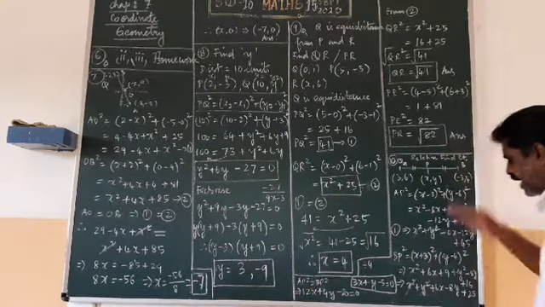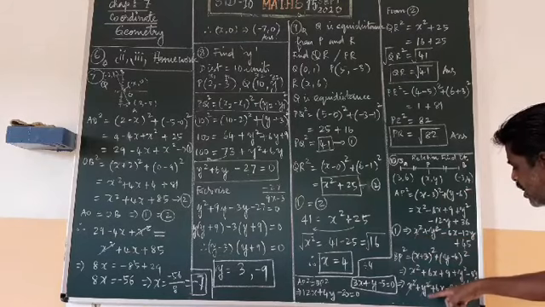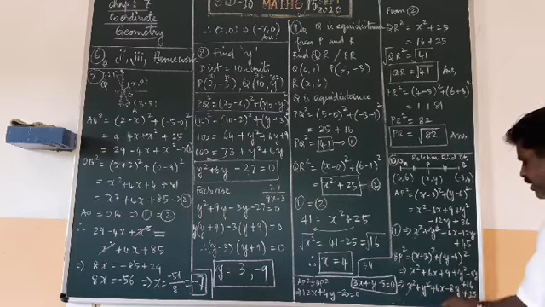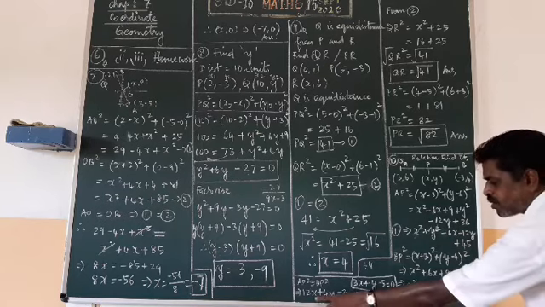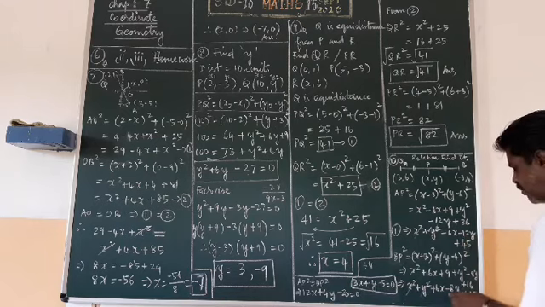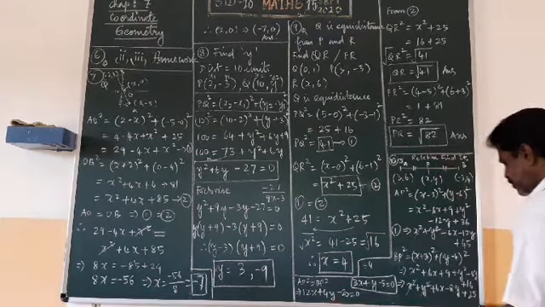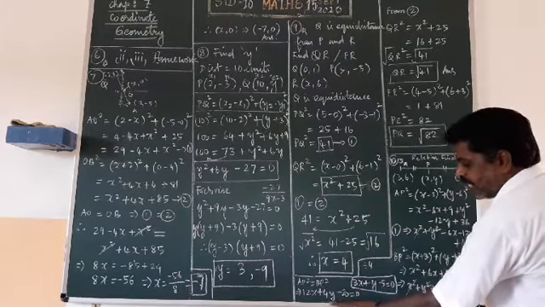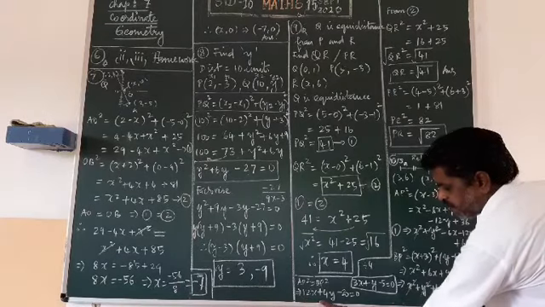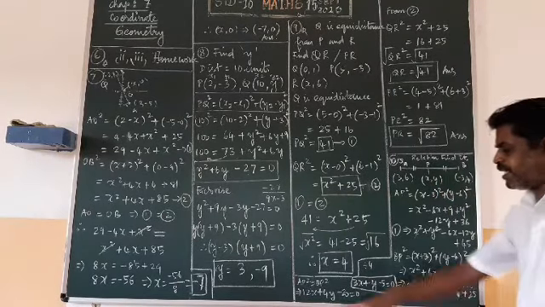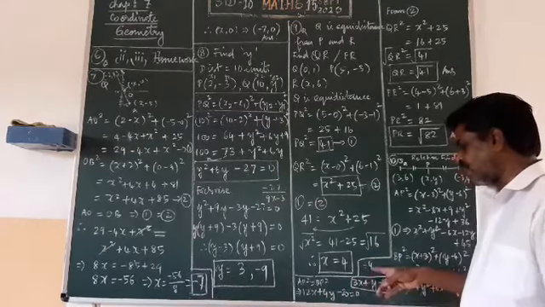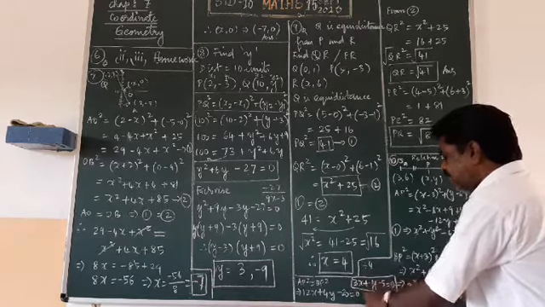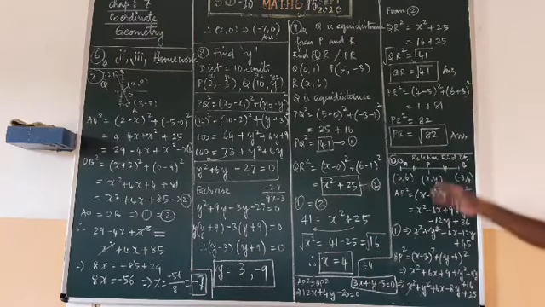I am equating. When I am equating, x square cancels, y square cancels. If I take the xy terms and the number terms to one side, it will become 6 plus 6, 12x, and 12 minus 8, it will get 4y, and 45 minus 25 will get minus 20. So the final equation will be 12x plus 4y minus 20 equal to 0. All the numbers can be divided by 4. So if we divide by 4, 3x plus y minus 5 equal to 0. This is the relationship between x and y in the given problem.